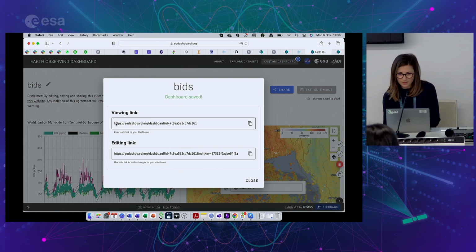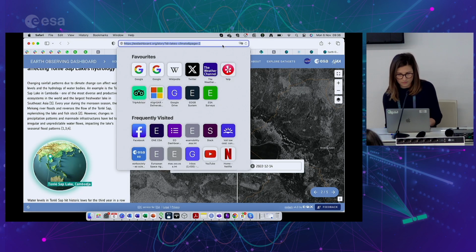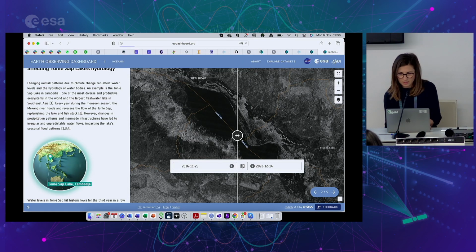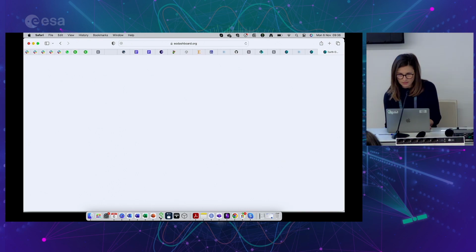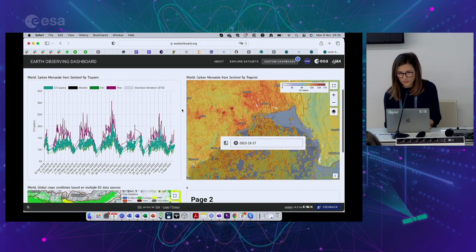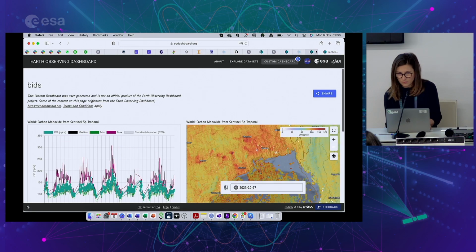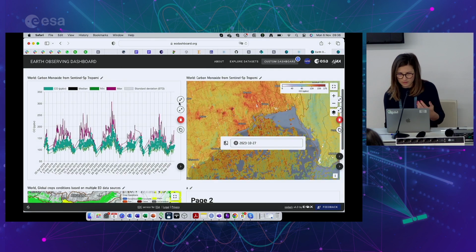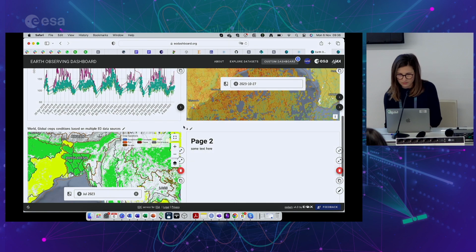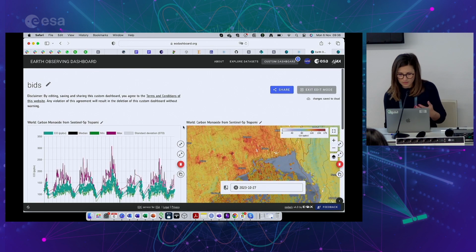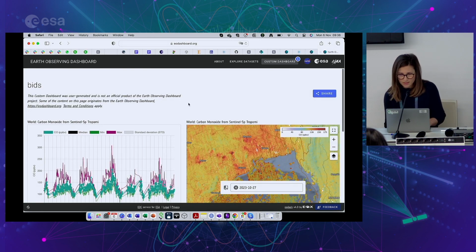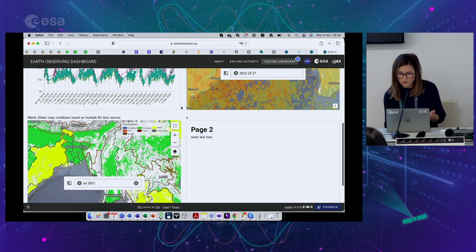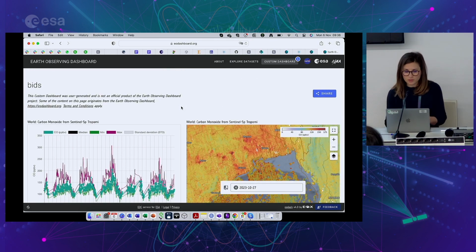Okay, so now I get a viewing link and an editing link. The viewing link I can share with anybody, and they will be able to see the exact same view as I have, but they won't be able to edit it. While the editing link takes you to this same view, and your coworker can edit, let's say, the custom dashboard. So to move from this to a story that is published on EO Dashboard,